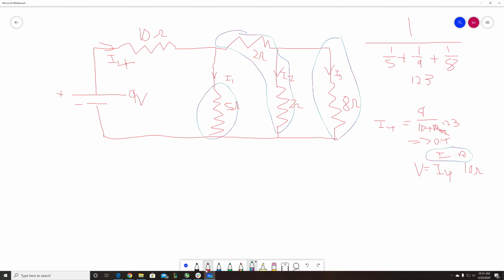Okay, I guess most people probably need a little bit more help. So I4 times 10. I've just explained that I4 is equal to 0.4. So if you plug in the answer here, the voltage on 10 ohms, 0.4 times 10 ohms, you would get V equal to 4 volts. This is actually a pretty good answer. That just means there's 4 volts on this 10 ohms. Now if you subtract 9 volts minus 4 volts, 5 volts would be the equivalent voltage